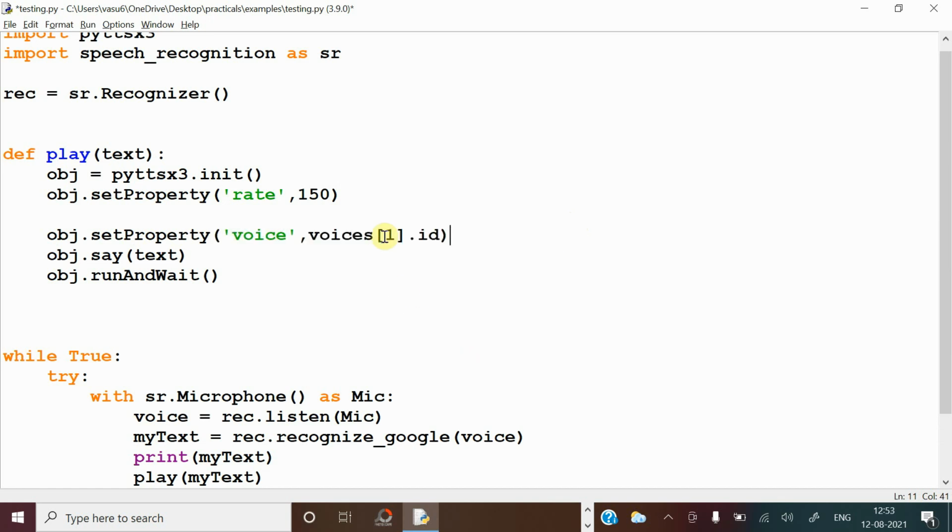If you carefully observe, index 0 is for the male voice and index 1 is for the female voice. Before that you have to get the voices also. How can you get them? obj dot getProperty voices. Now let's play and run.